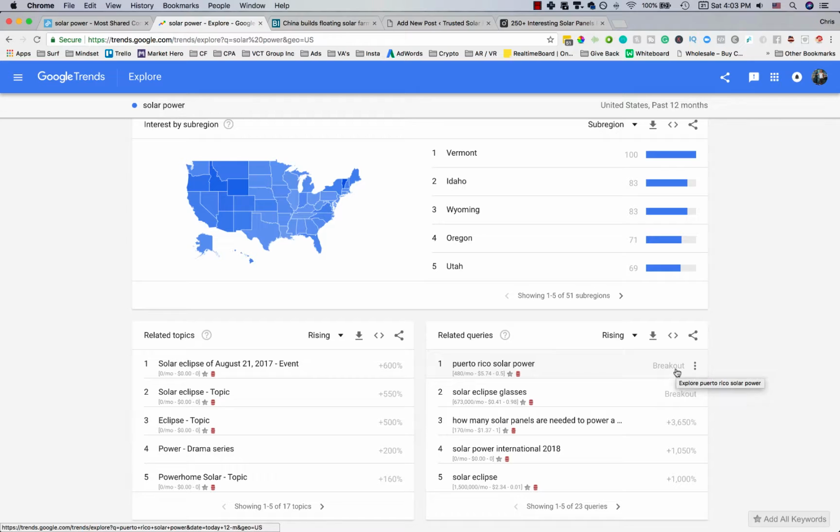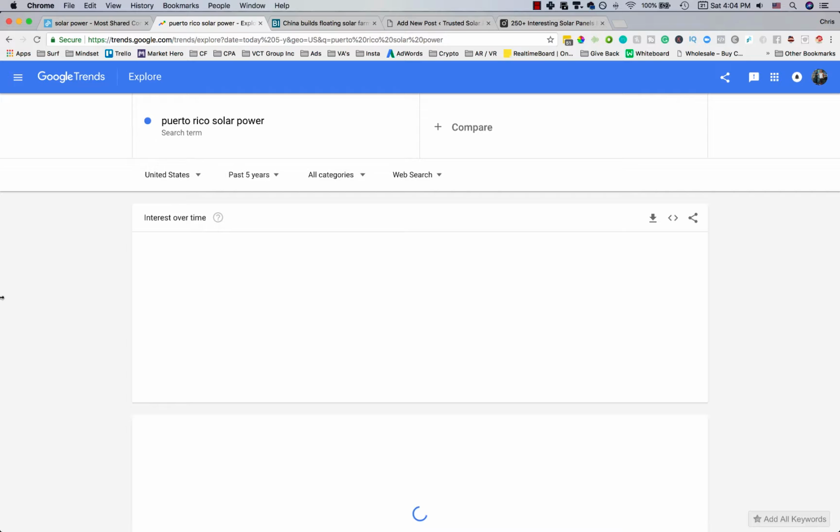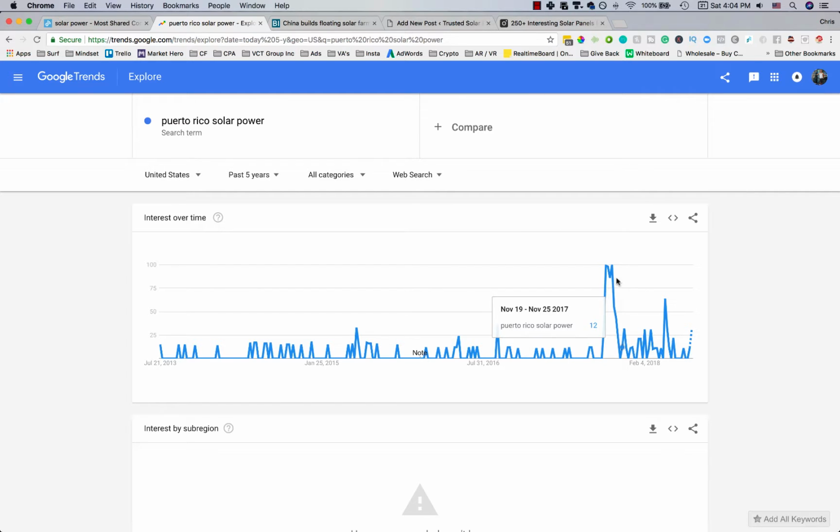And you'll see here, these are breakout results. So they're probably pretty insane patterns from what it was. Yeah, look at that. It's pretty much zero. And then boom, October 8th, jumped up to 100, steady decline. So with certain things, you can go back past month, you can go back past 5 years, and you can start to notice patterns.